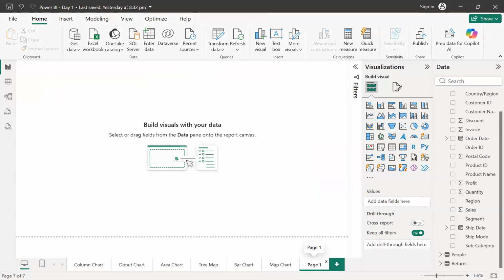So let's say, guys, that I want to make a single page for my KPIs. KPI stands for key performance indicator, and that is very important because the KPIs tell the real story about the data set.